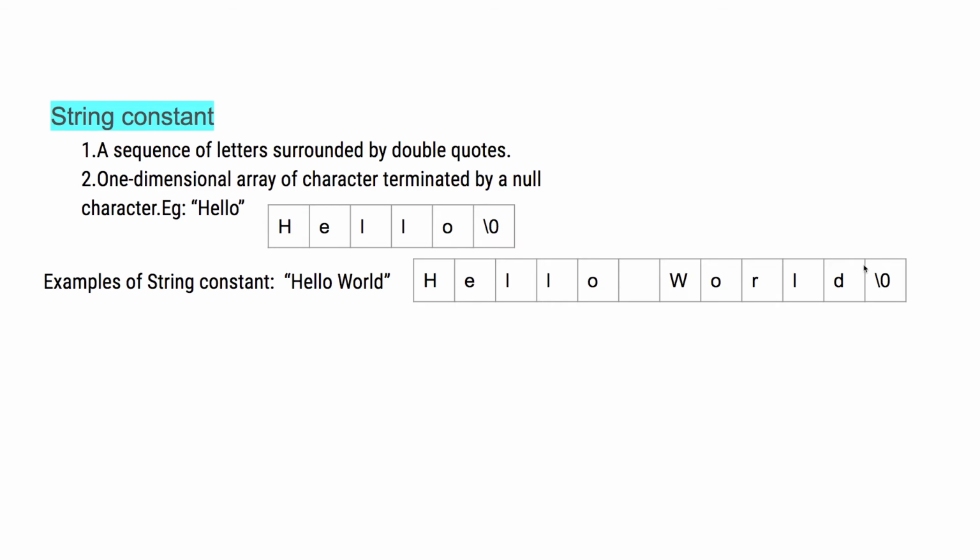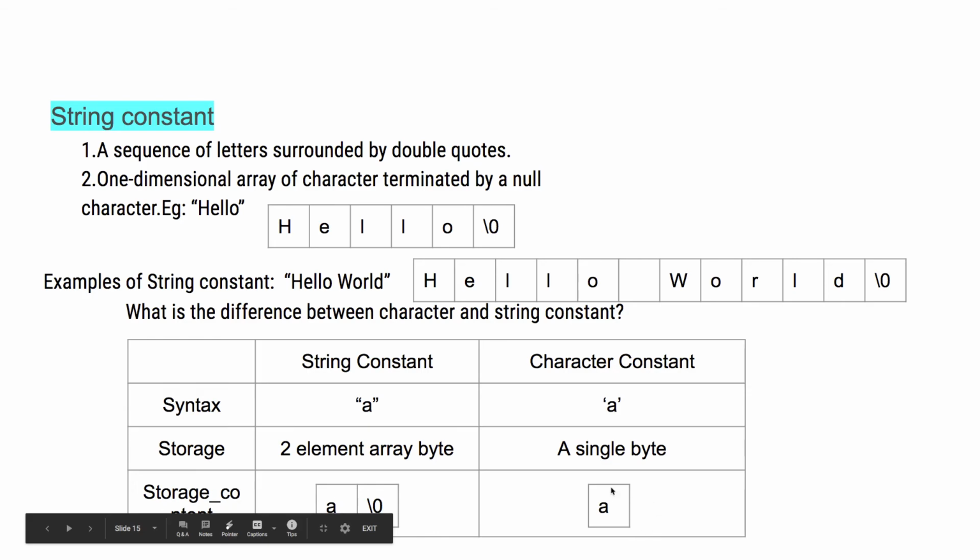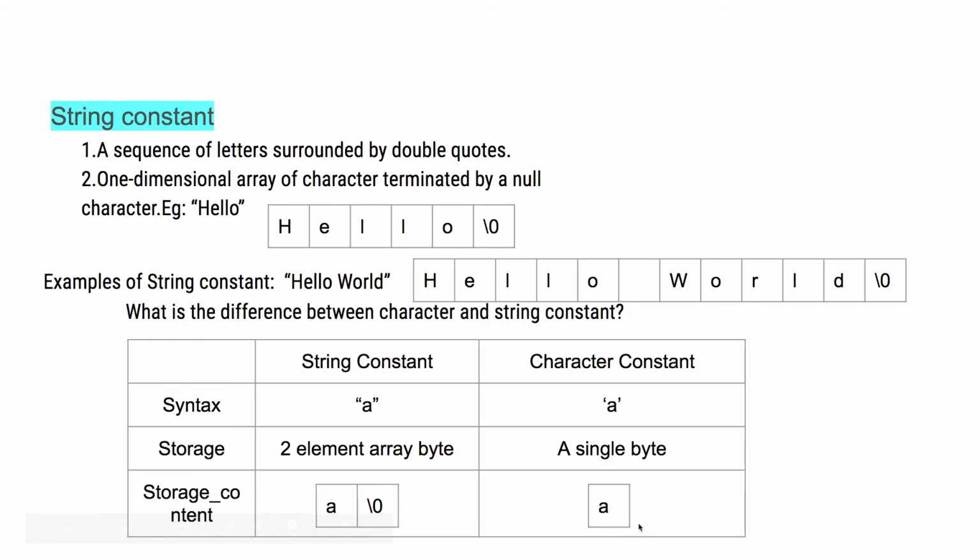What is the difference between character and string constant? As you can see here, a string constant is represented with double quotes and a character constant is represented with single quotes. In case of character constant, as far as storage is considered, only a single byte is reserved in the memory.